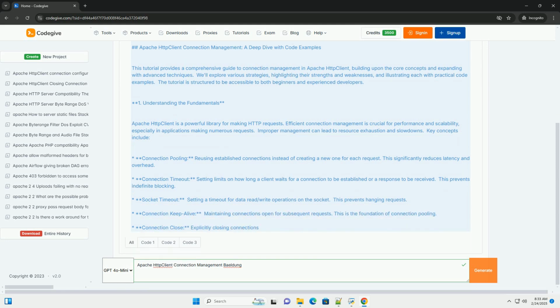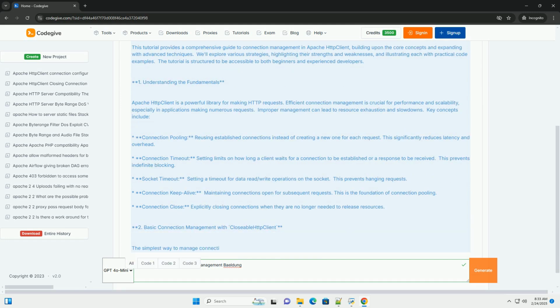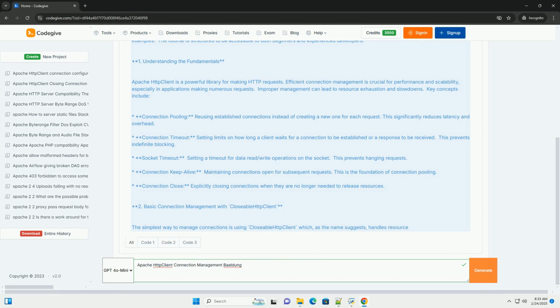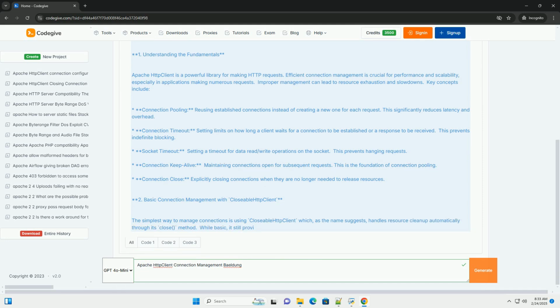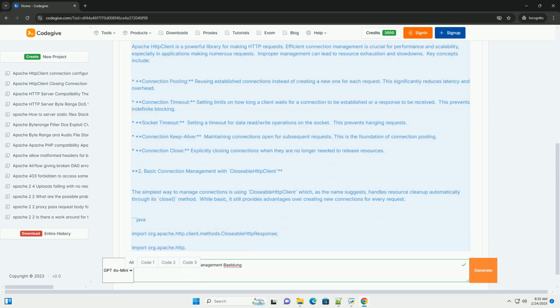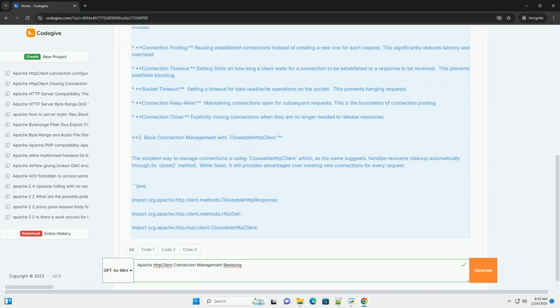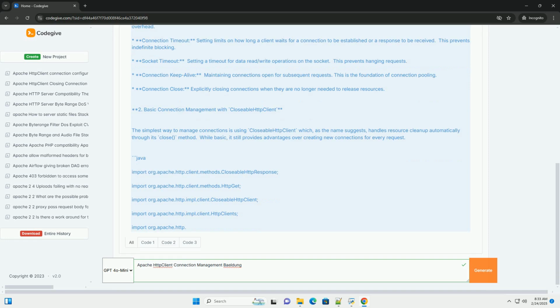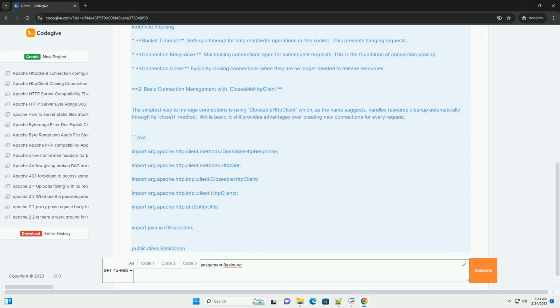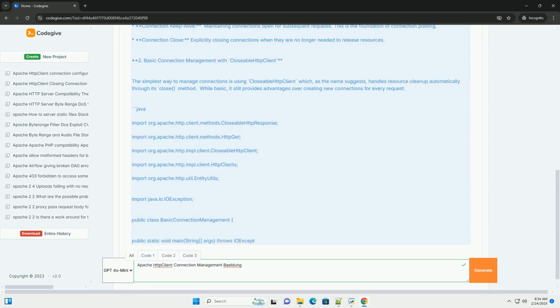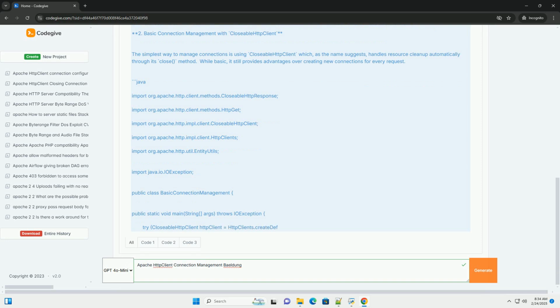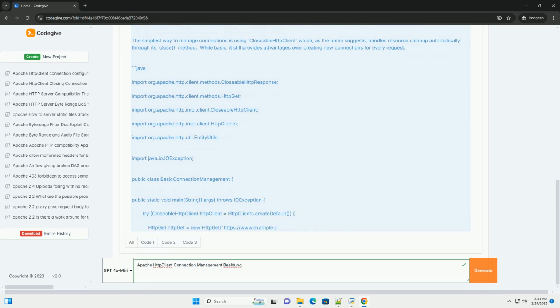1. Understanding the fundamentals. Apache HTTP Client is a powerful library for making HTTP requests. Efficient connection management is crucial for performance and scalability, especially in applications making numerous requests. Improper management can lead to resource exhaustion and slowdowns. Key concepts include